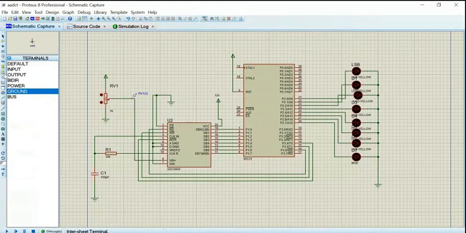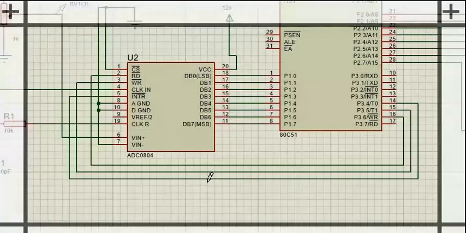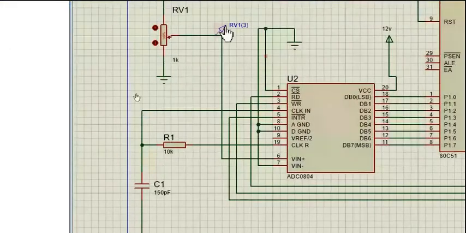From the terminal mode you have to take power and ground. From the probe mode, you can select any voltage probe or current probe. I have taken a voltage probe here.